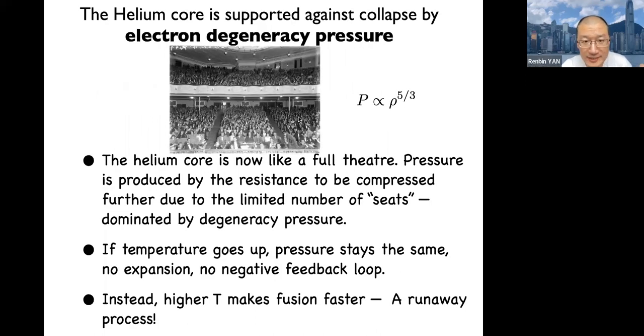And just want to review, what is this electron degeneracy pressure? It's a pressure that is related with quantum mechanics. It's basically that you cannot put an infinite number of electrons in a certain volume. You cannot compact them so much. It's like a theater with a fixed number of seats, and you can only sit so many people. No two electrons can sit in the same seat or be in the same quantum mechanical state, so each electron has to occupy a separate state. This is called the Pauli exclusion principle.